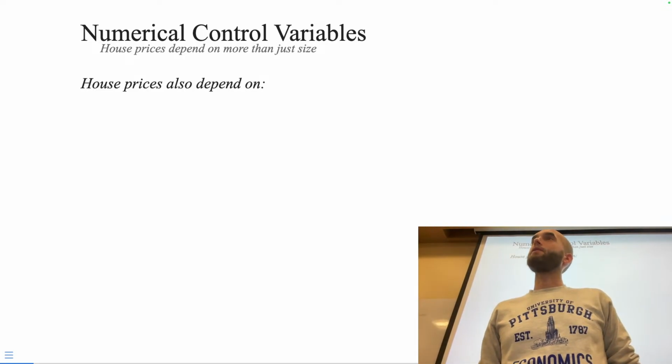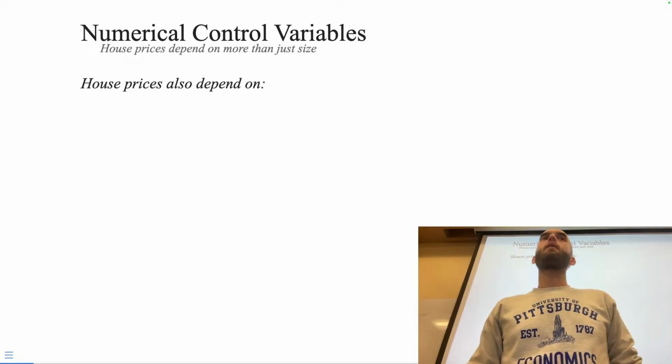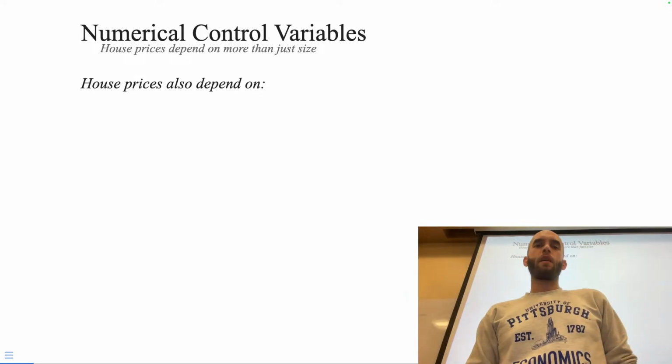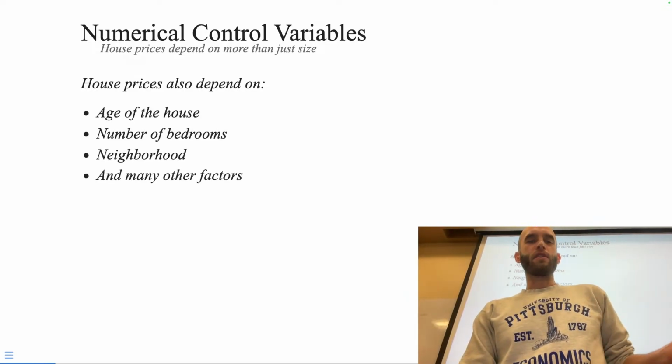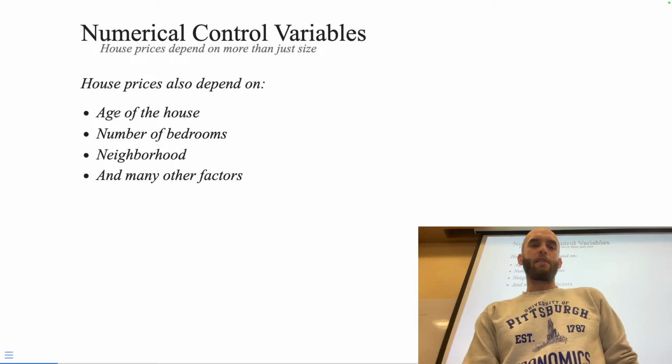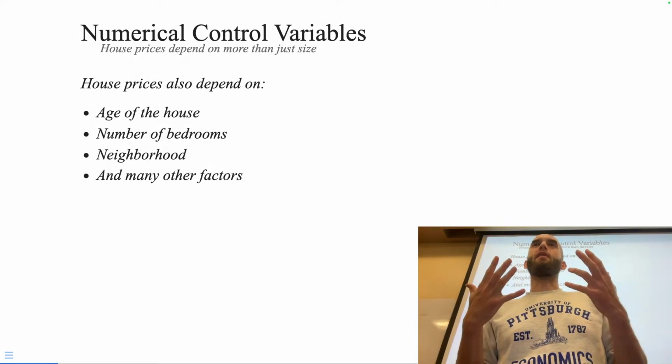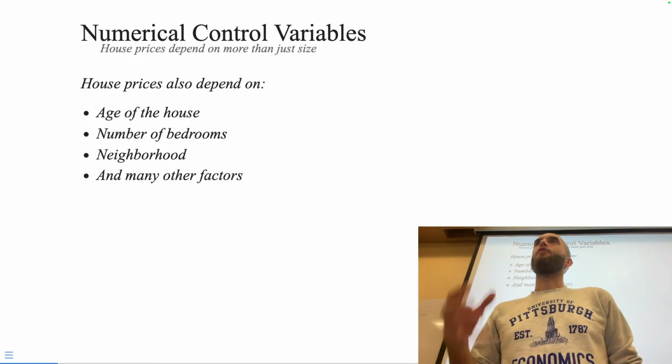the size of a house and the number of bedrooms and when it was sold. So these are just some of the standard things that you'd expect. Like neighborhood really matters. So where you are in the city, if your house is in Shadyside, that's going to be much more valuable than a house of equal size and